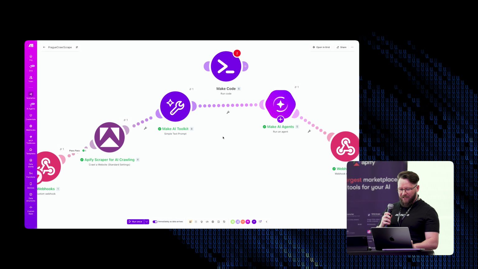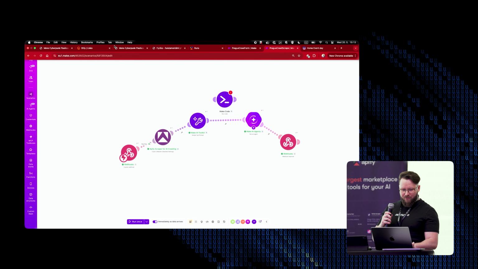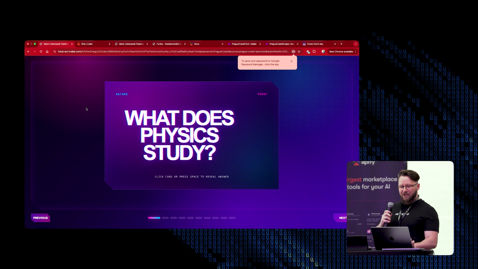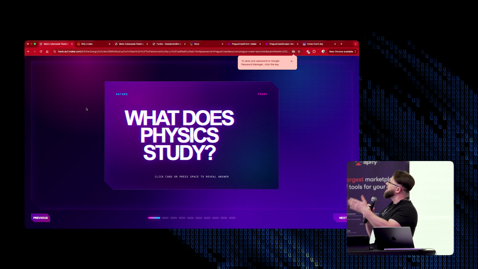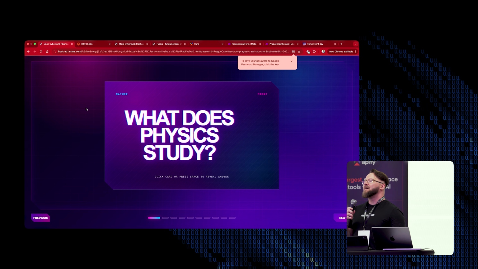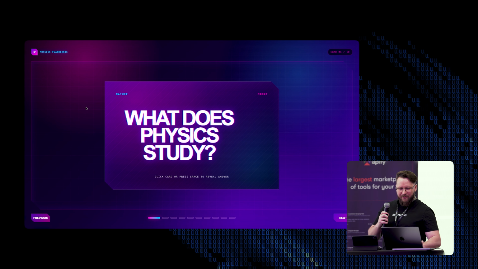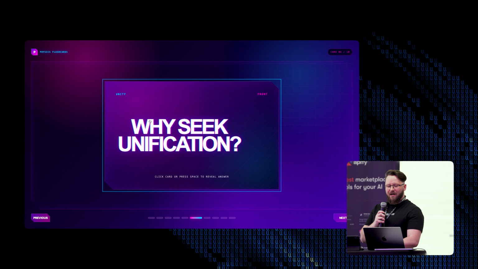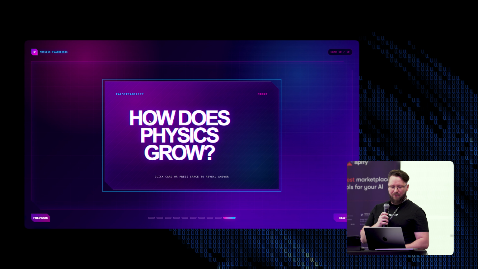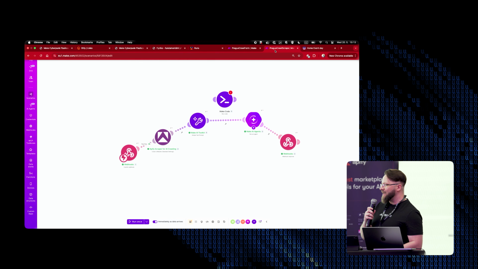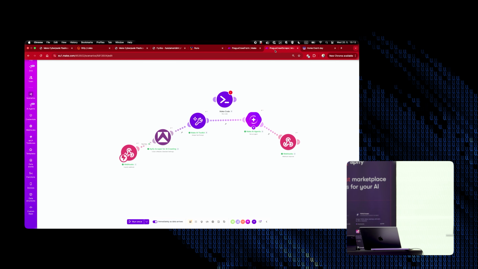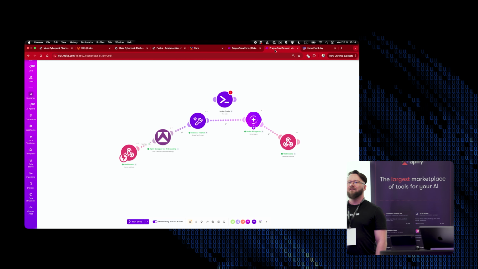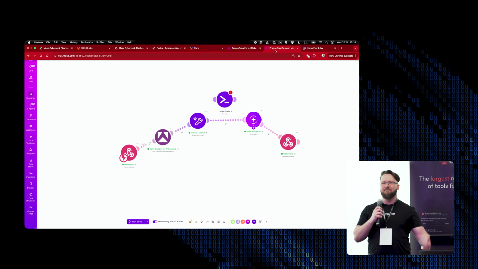And this is happening, and hopefully it ran to success. If we check, yes, it ran to success. It redirected to a new dynamically generated site, still on Make, and we can see what physics studies. So we have nice flashcards prepared from the scraped content. And that's pretty much what Make does. It glues all the tools that you might need together so you can succeed. Ta-da.